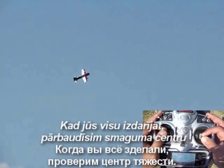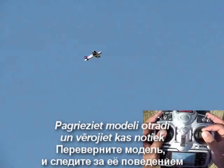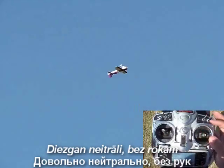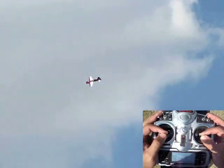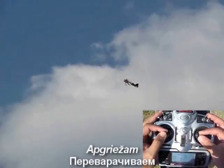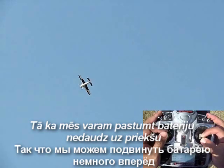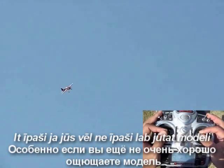And then after you do that, let's check the CG. One way to check the CG is to just roll it inverted and see what the airplane does. It's pretty neutral here, hands off. Maybe a slight climb. Okay. Again, roll it inverted. Hands off. Oh, maybe just a touch of climb there. So we can move the pack a little bit further forward, especially if we don't think we have good enough